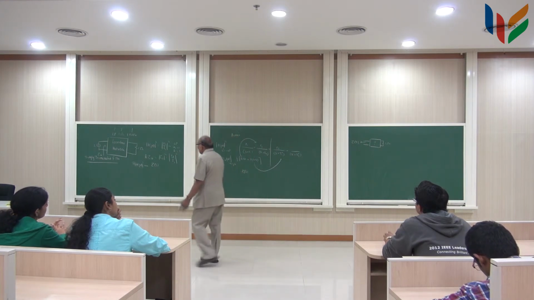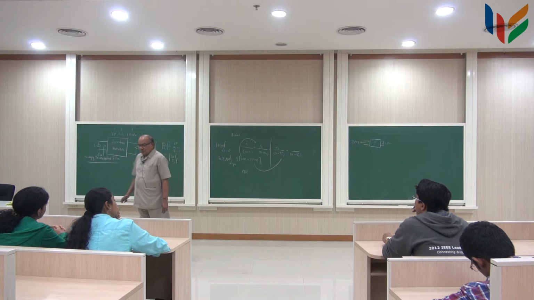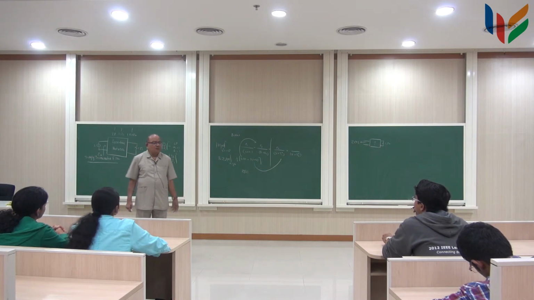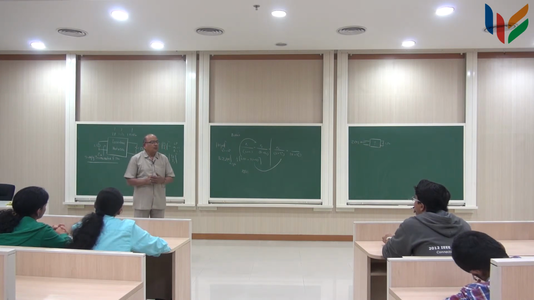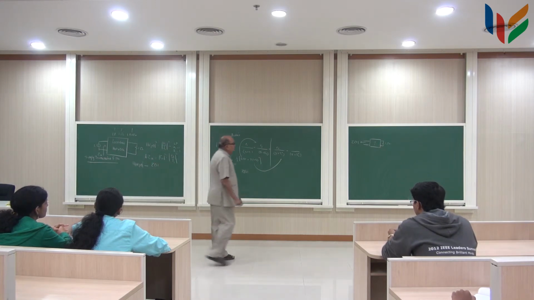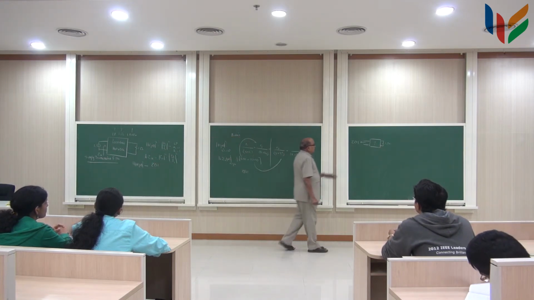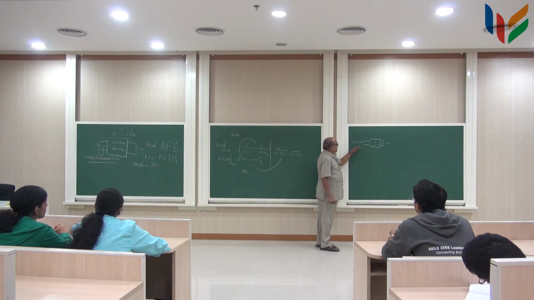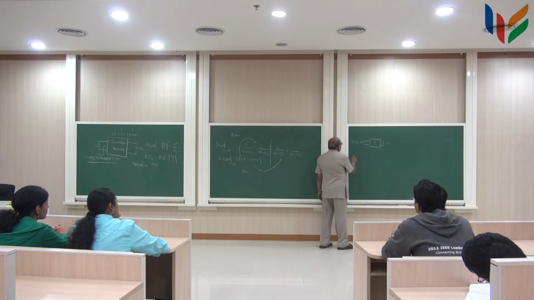And then there was an improvement on that by Bott-Duffin, which also was not a very popular one, because the number of elements in that network was so large. So people did not go through with it. The first meaningful technique of synthesizing a given Z(s) in terms of a network like this, credit goes to Darlington.